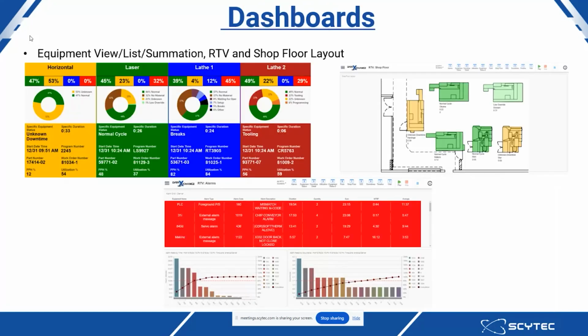Now we also have our dashboards. Now with our charts, as I said, those are historical. I want you to think about our dashboards as they are all real time. And also you can get a mixture of both historical and real time with our dashboards. But we have quite a few real-time dashboards, including the equipment view, the equipment list, as well as the equipment summation views. And then we have our real-time viewers,